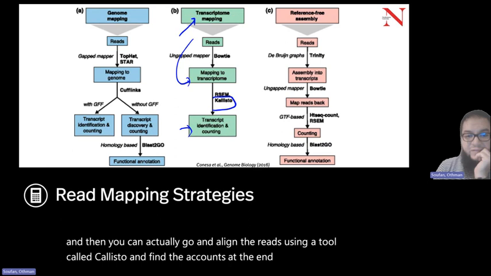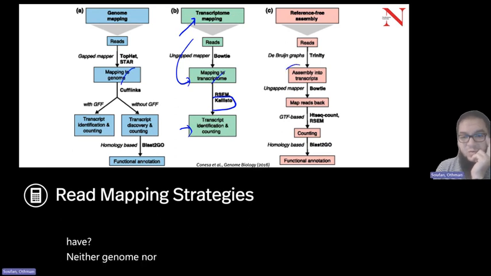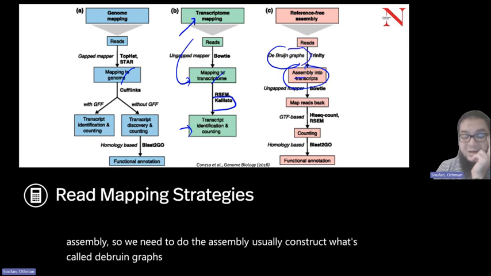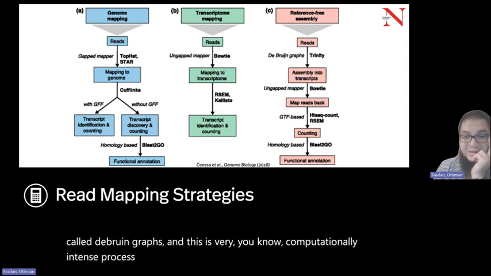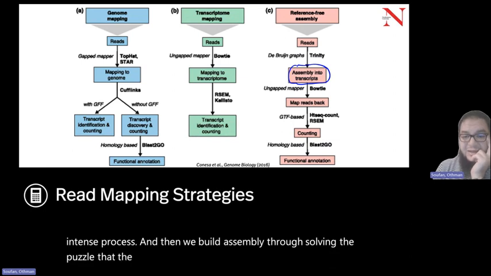What if we have neither a genome nor a transcriptome? We end up doing a de novo assembly. So we need to do the assembly, usually constructing what are called De Bruijn graphs. This is a very computationally intense process. And then we build the assembly by solving the jigsaw puzzle, and we also can end up with functional